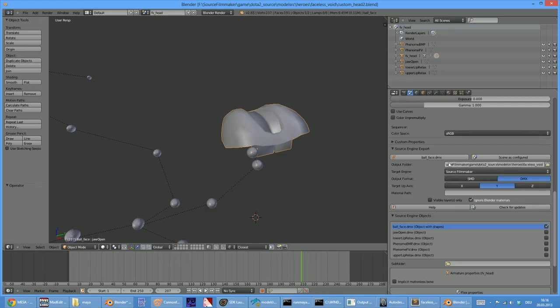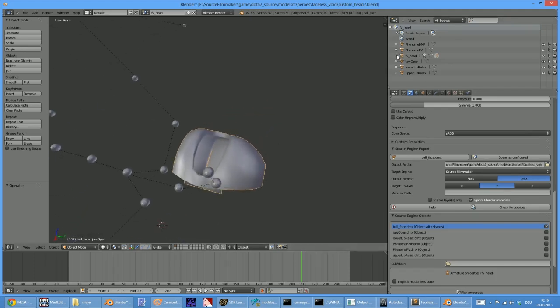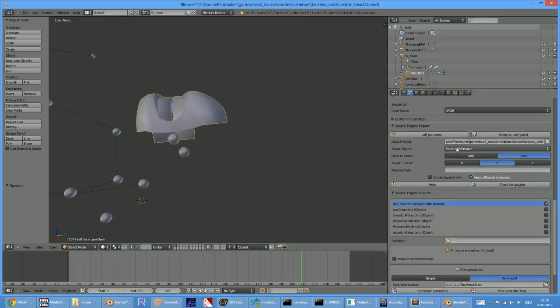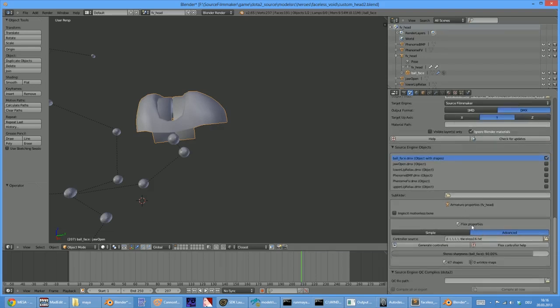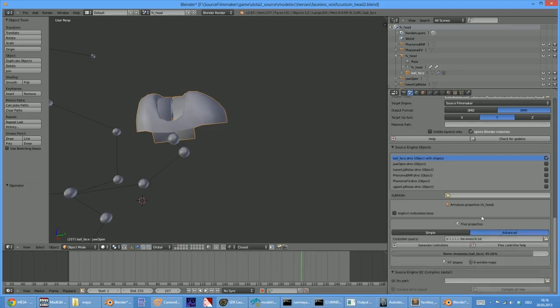All right, so if we have the object selected, which remember you have to properly parent under the armature to export correctly, if we export it as a DMX file, we can go onto Flex Properties here and change it to Advanced. If you just go for simple, you can export it and it will create a separate flex channel for every single blend shape you have. But that's not actually what we want, so we go to advanced, and here we can copy over the flex